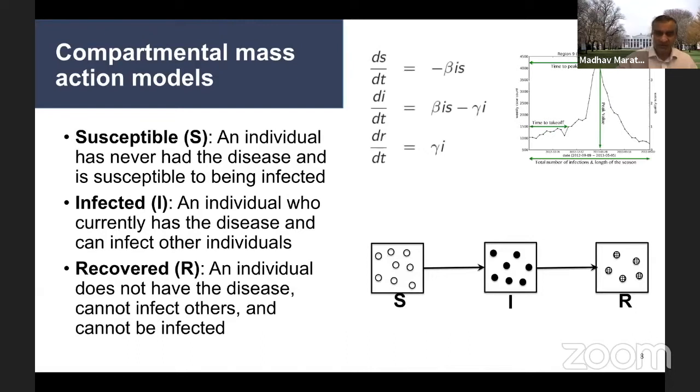S stands for susceptible, I stands for infected, and R stands for recovered. You can again have S there so that you become susceptible again, as it happens in certain diseases. And the basic idea is to write a set of differential equations, which are basically mass action models, and tell you how the density of the susceptible and infected compartments would change as the compartments interact.